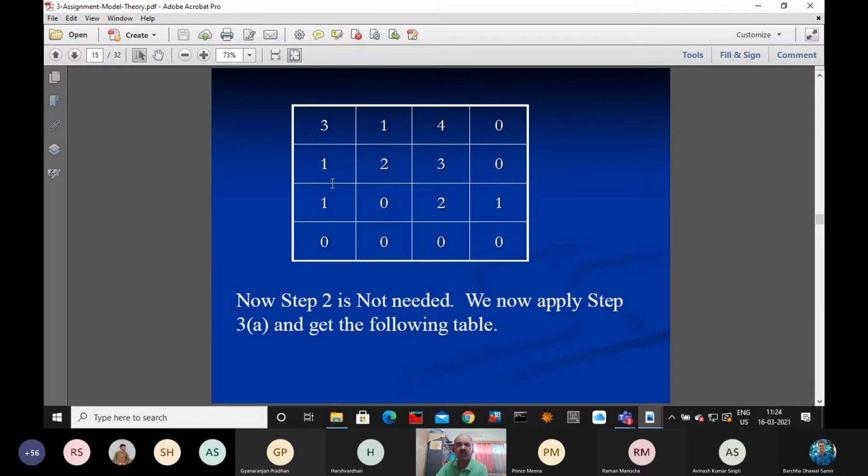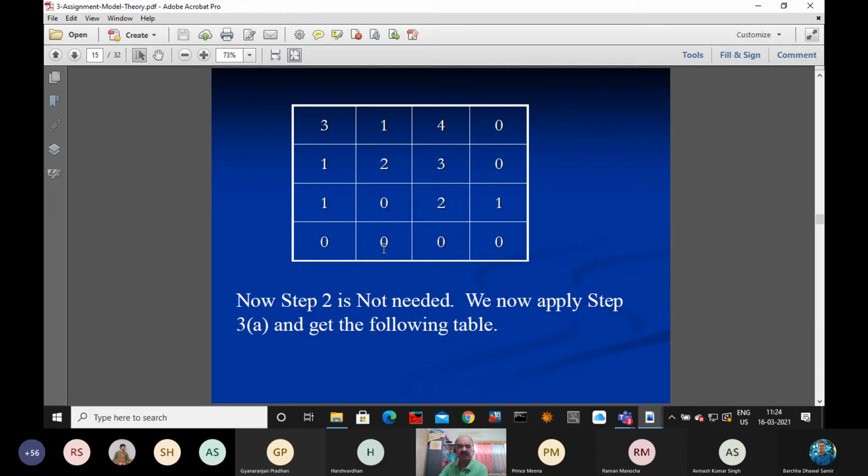But what do we find here? Once you have crossed out, in the second row there is no 0 because already you have crossed it. Now in the third row there is a 0. We assign the third row 0, put a square around the 0, and cross out all the zeros in the same column. So what is happening to that?